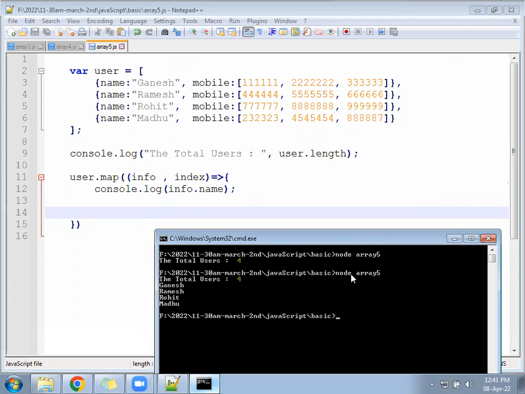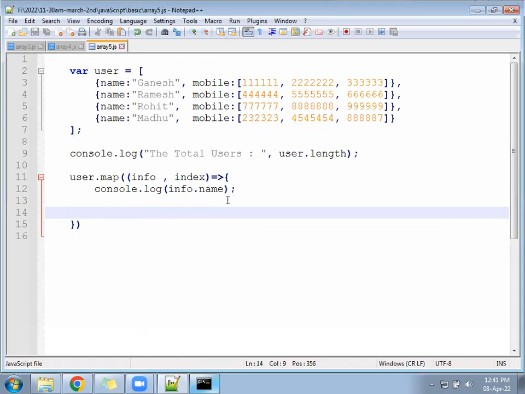Now after name, it should display the length of mobile. How many mobile numbers are here? After name, like Ganesh is coming, after name, it should display